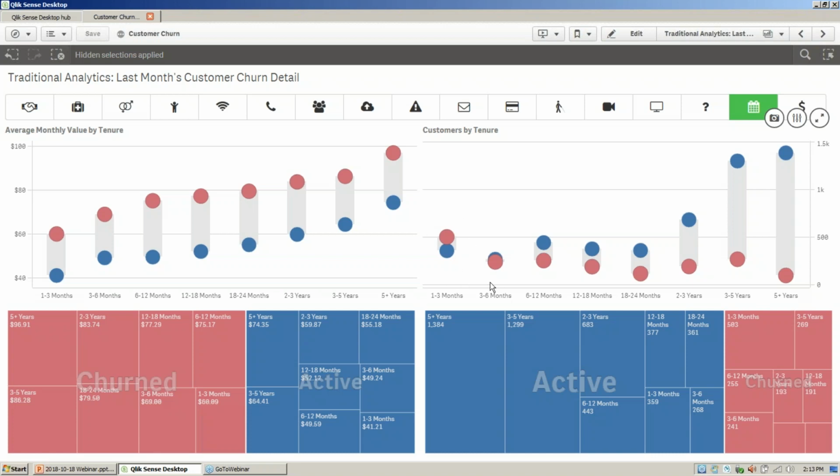Of course, we want to solve our churn problems elsewhere, but that's a different set of analysis for a different day. Today, we really want to get a handle on what is the profile of a customer that churns versus somebody who looks like they're going to be loyal between 1 and 6 months. And once we get a profile for that type of customer, then we're going to do two things.